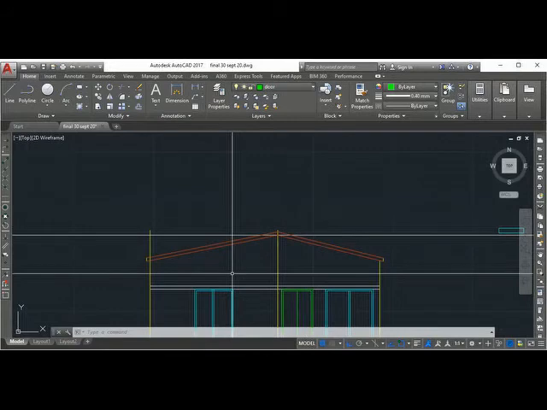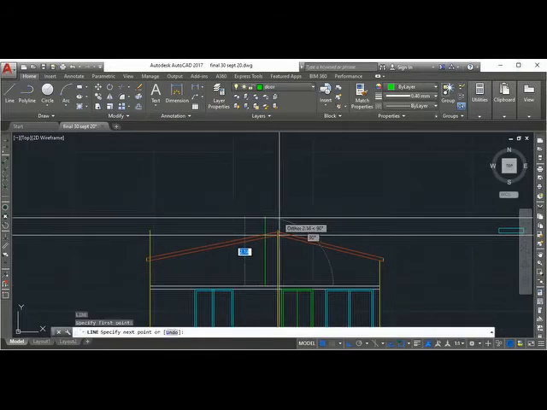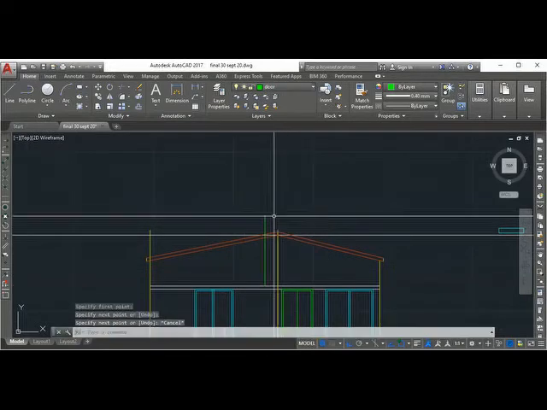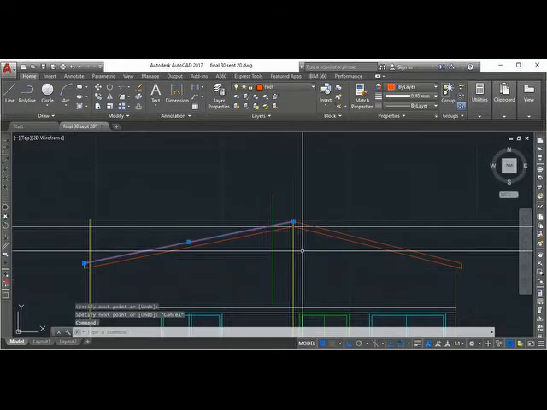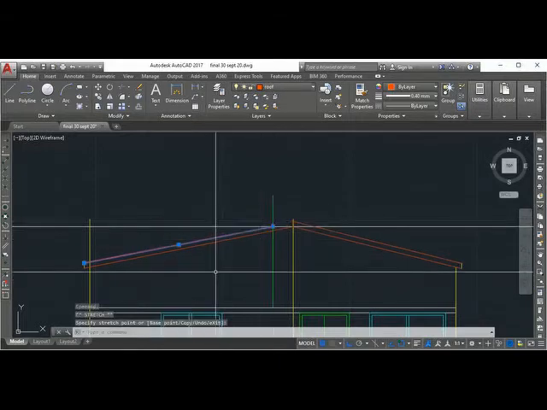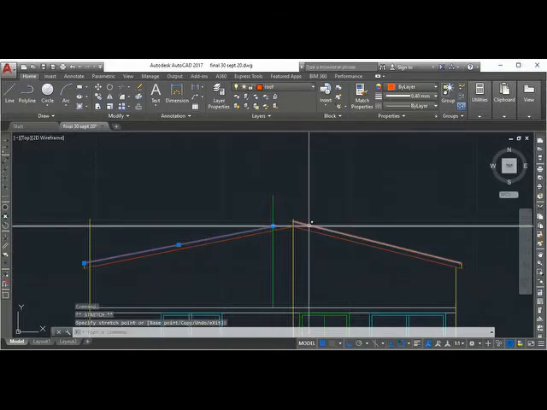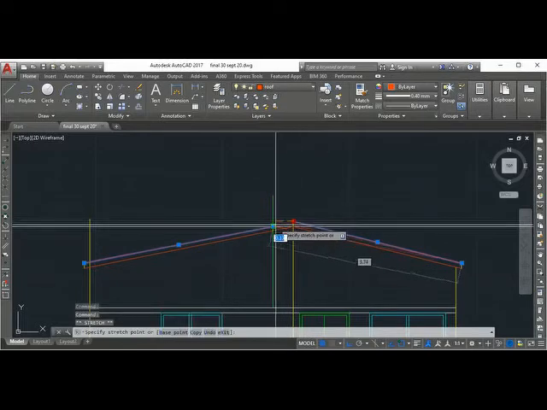So you have to redraw that. This is like this. So I will take this line, bring it here.